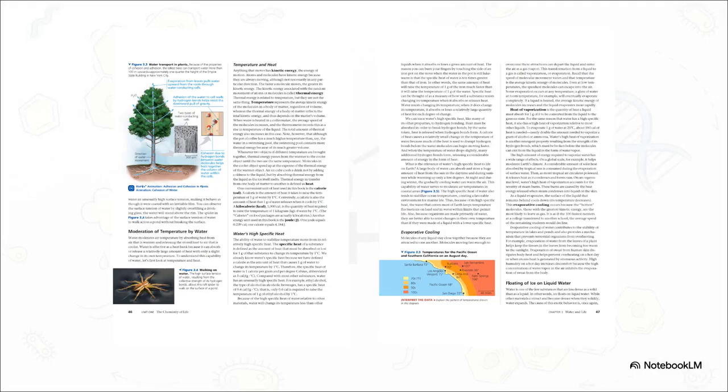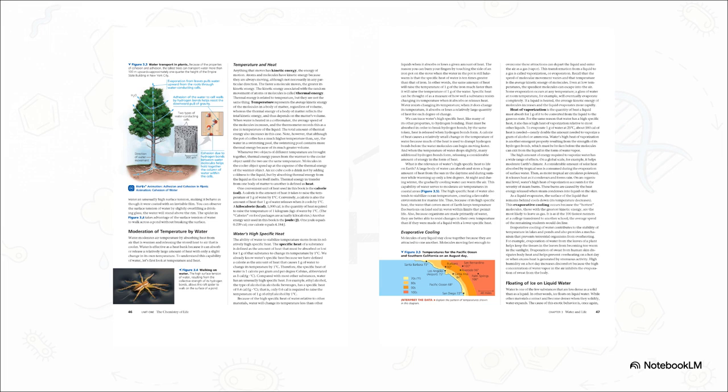This brilliantly illustrates those definitions out in the real world. On the left, we're looking at water transport inside a plant. As water evaporates from the leaves, hydrogen bonds cause the leaving water molecules to literally tug on the molecules further down. This cohesion pulls a microscopic column of water hundreds of feet up a giant tree, completely fighting gravity. Meanwhile, adhesion helps the water stick to the plant's cell walls so it doesn't just fall right back down.